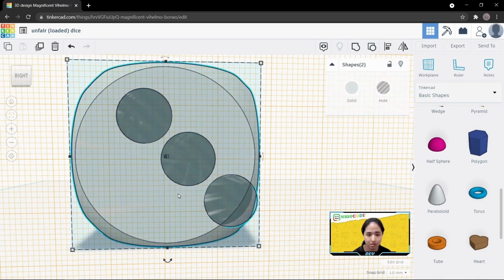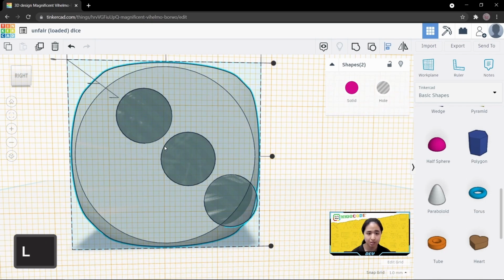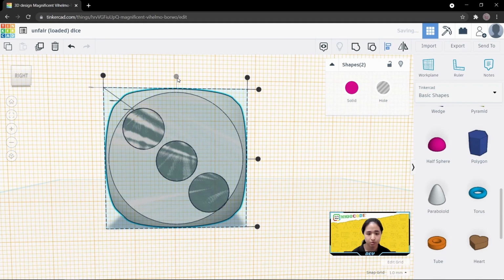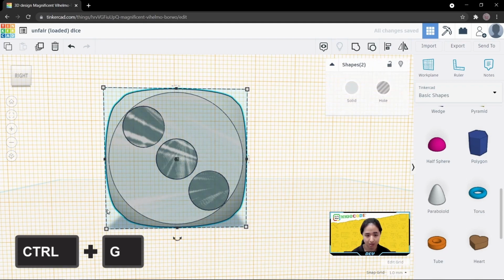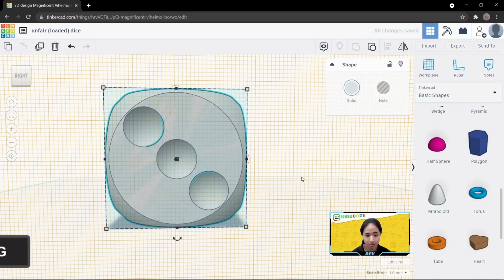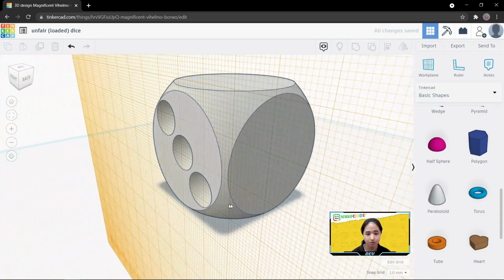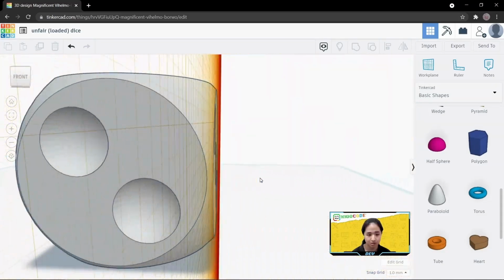You can select everything, press align. Remember to click on the dice so that the dice will move and make it to the center. And then group it. So right now we have our 3 dot, 2,